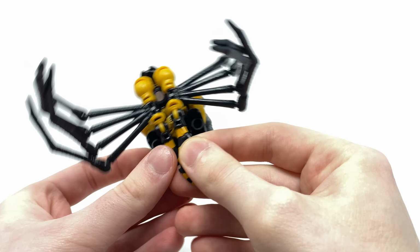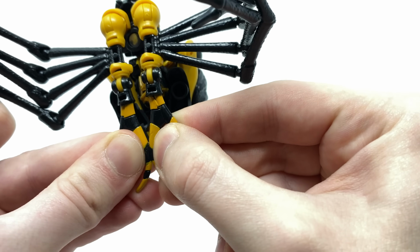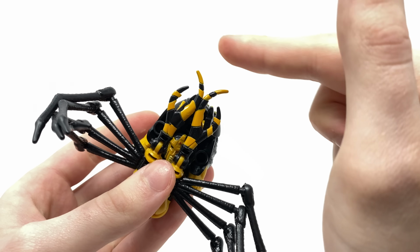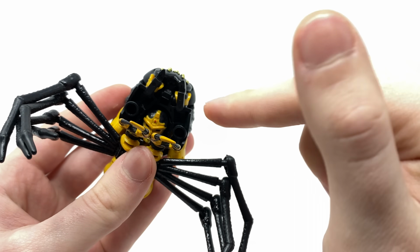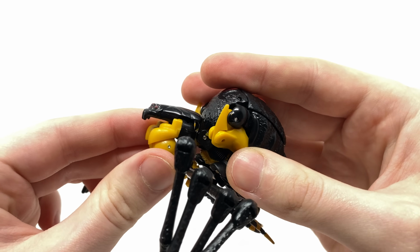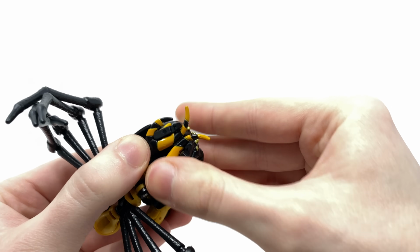We can then take the two arms, and you can see that there are tabs and slots on either side of these. You're going to want to ensure that they are tabbed in nice and securely, and I love the engineering on this. You can see that the way they've sculpted her hands is a perfect fit for the heel spurs of her feet in robot mode. So for this, you're just going to want to peg all of this into place, slide this section over the top, and just